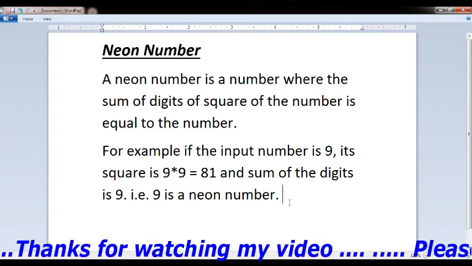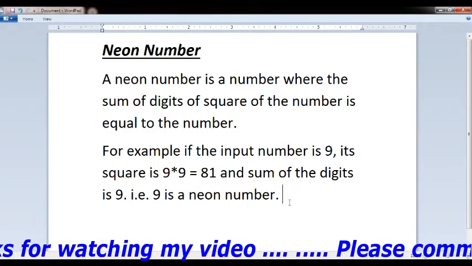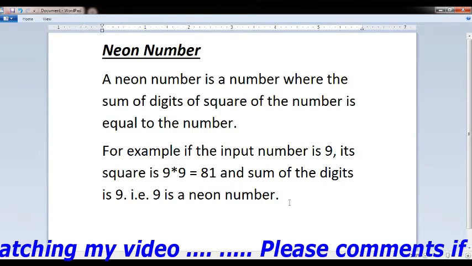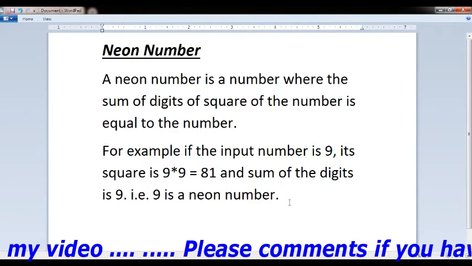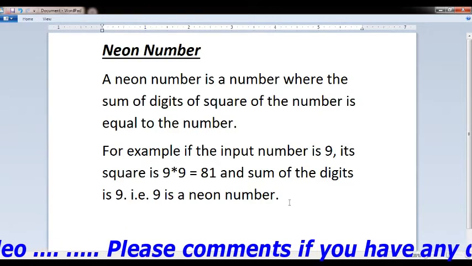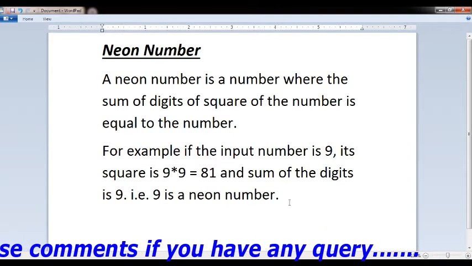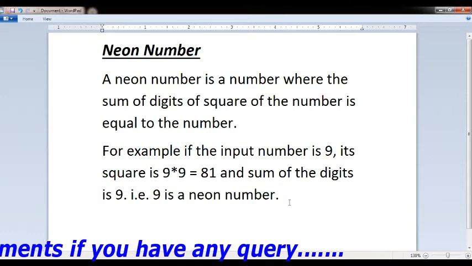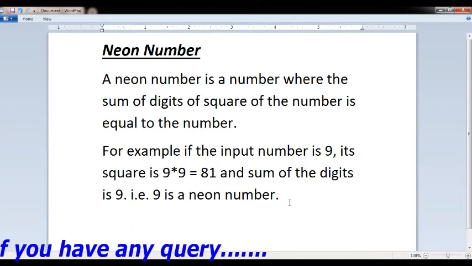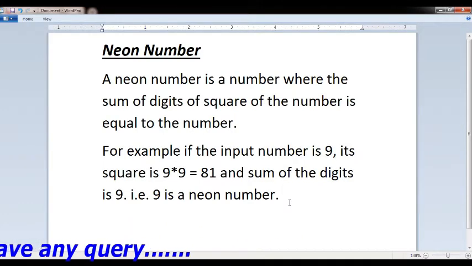In this video, firstly we discuss what a neon number is, and then we make a program and discuss the flow of the program execution, so that we can analyze it and do it practically, and understand it in a better manner.